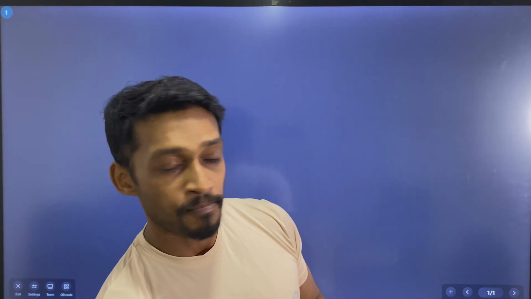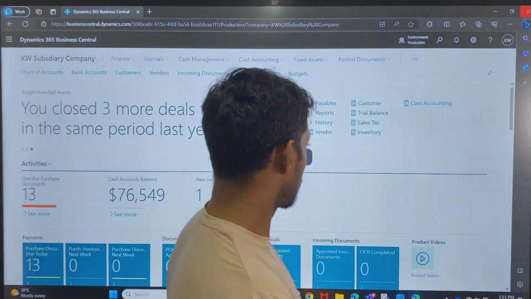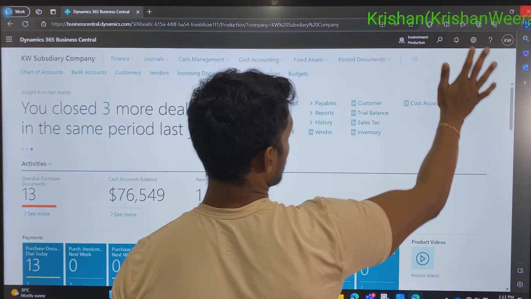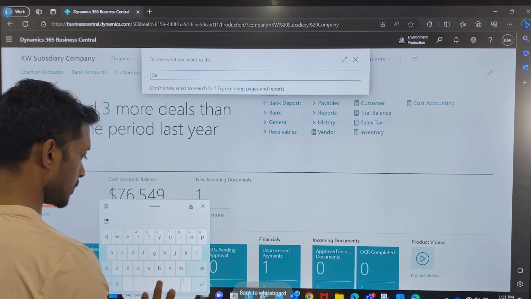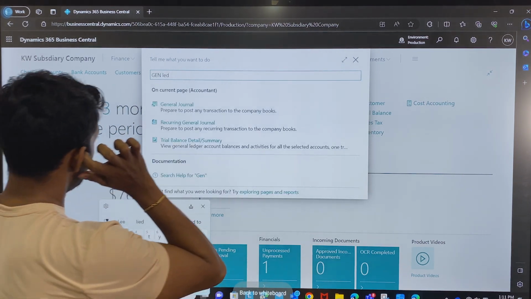Other than that, we have a very big lot of benefits from dimensions, but here I'm going to just talk about how you have to set up global dimensions and shortcut dimensions. For that, let's move to Business Central. So when we come into Business Central, if I go to the General Ledger Setup,